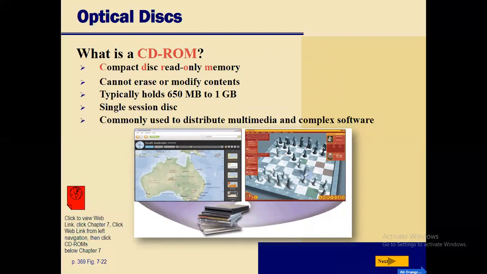Some CDs are enhanced CDs, holding both computer data and audio, with the latter capable of being played on a CD player. So CD-ROM is one kind of read-only memory, capable of keeping information stored on a CD, and the CD player is responsible for playing the audio or video.